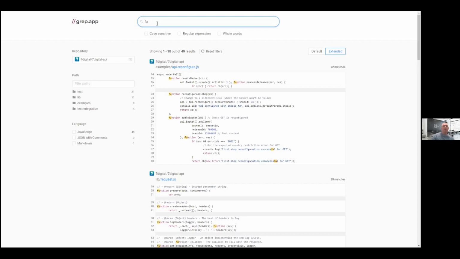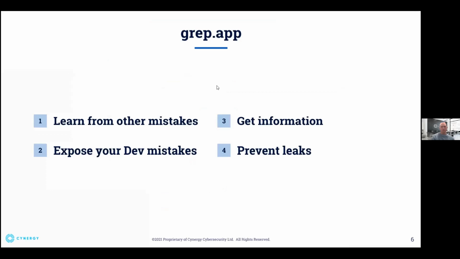And once you have it, or with manual work, or you can of course use the work of our co-hosts to try to identify these leaks in the code itself via the various platforms that they have integrated. So this is regarding grep.app. Any questions? Yes, we have a question.